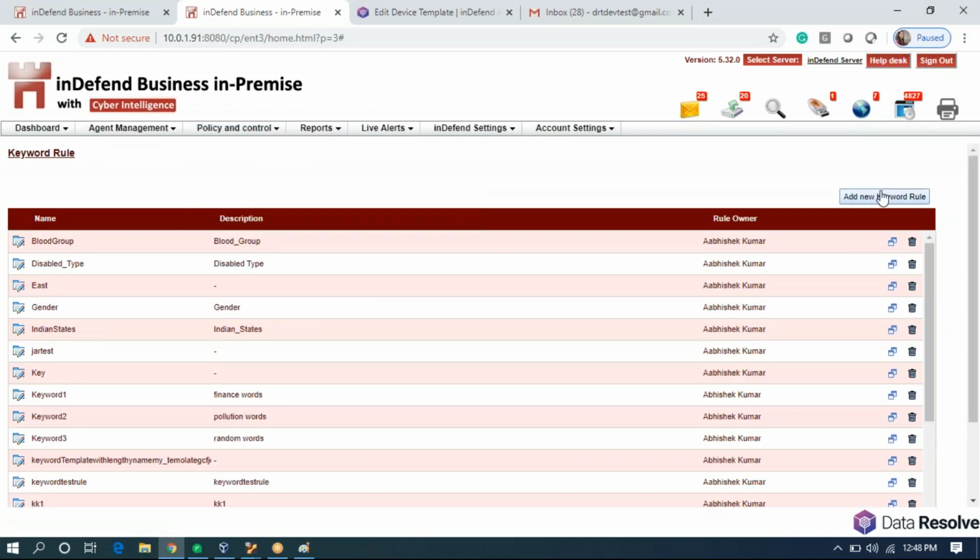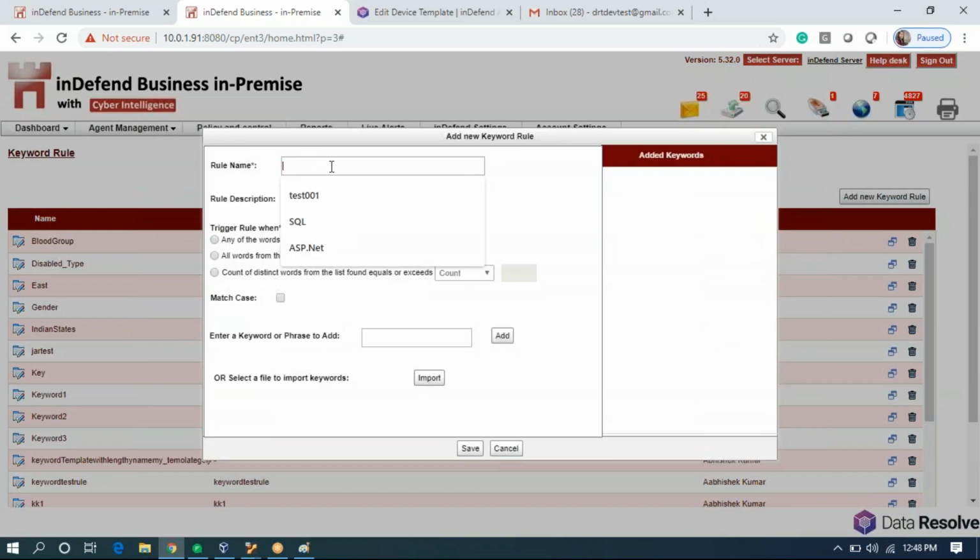For keyword, you can create a list or import a list of sensitive keywords. So I'm choosing if any of the words from the list is found, then it is an incident from me. Now I'll create a list.